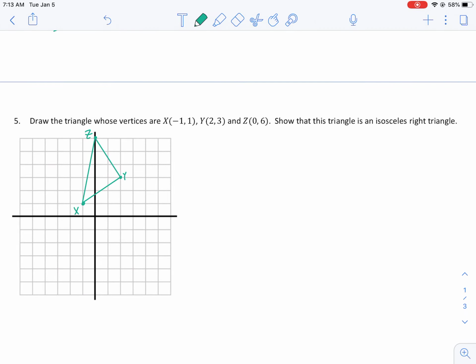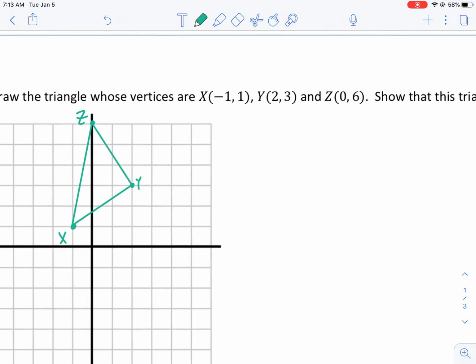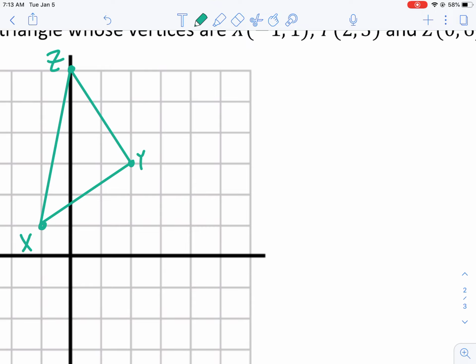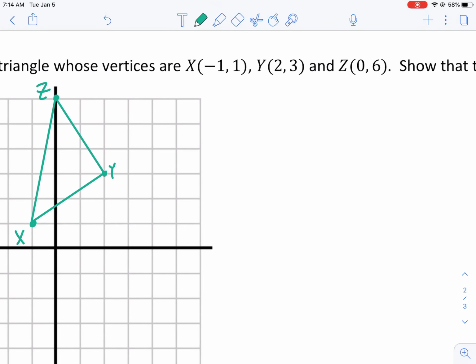It says, show that it is an isosceles right triangle. Now this is two parts. The first part is showing that it's isosceles, and in order to show it's isosceles, you have to remember how to find distance. So I'm going to go over this. In order to find distance, remember,